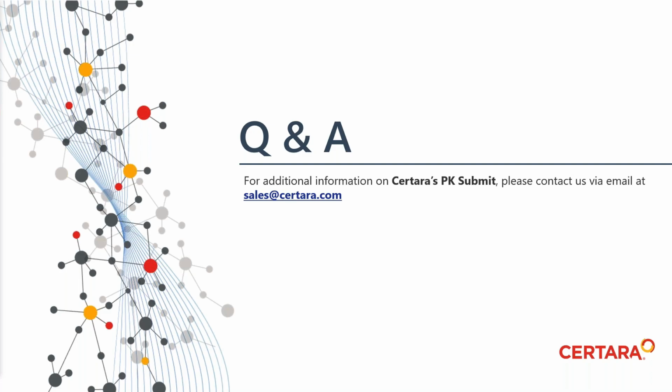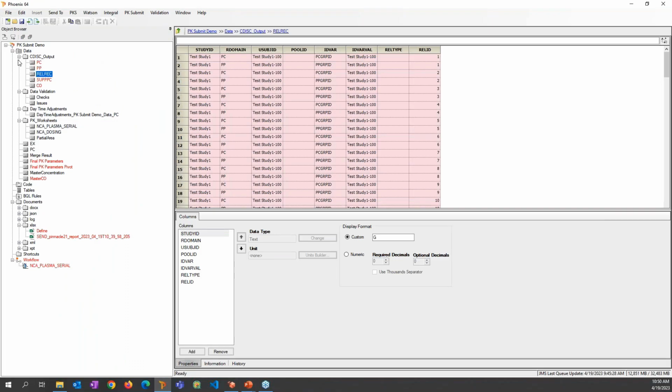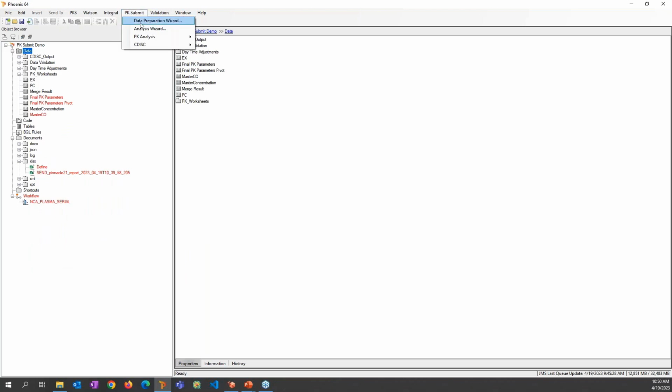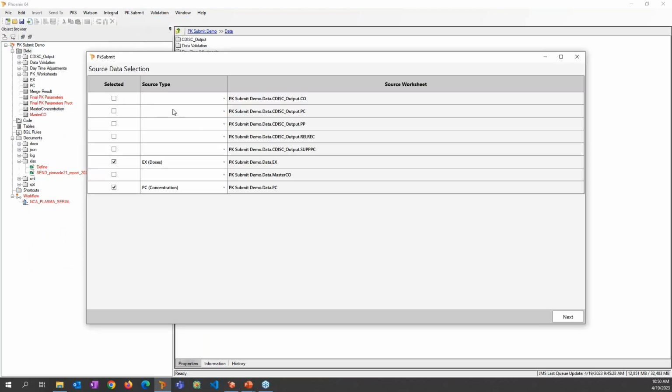Sure. Would it be possible to merge data from two different sources? For example, data from an Excel spreadsheet and data from Watson. Yes, that should be fine as long as both data sets are brought into the data folder here. And then when you're running the data prep wizard, you'll need to make sure you're selecting the correct source information for that. So if they are both concentration data, you might be able to select both of those as that particular source type, and then make sure that this is selected,